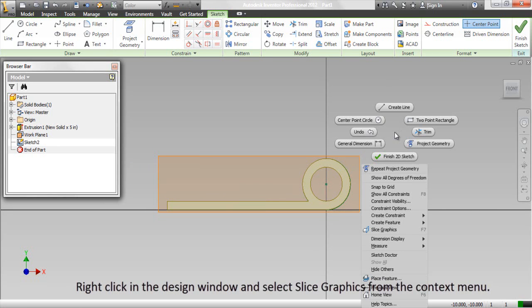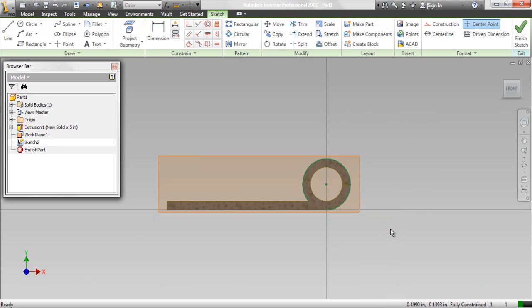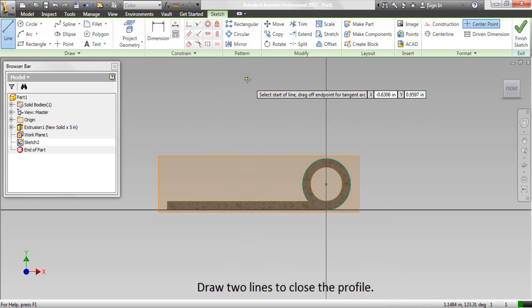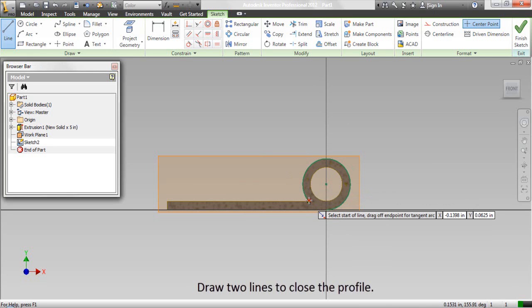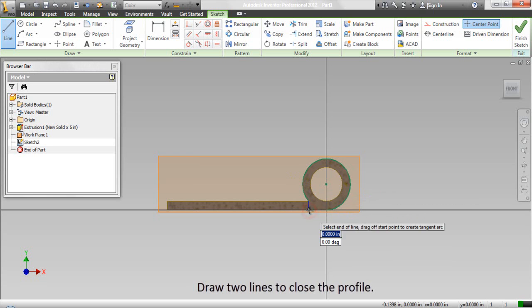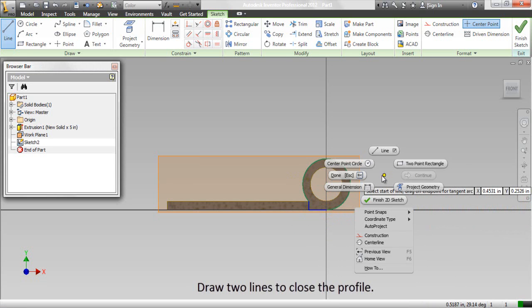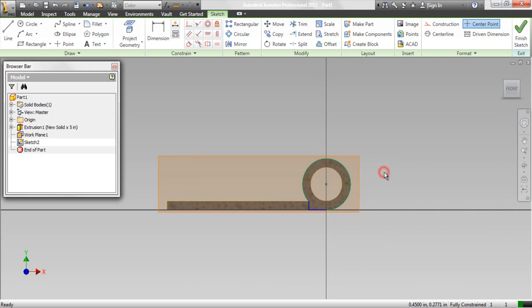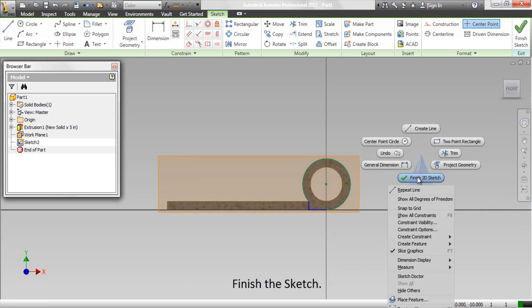Right-click in the design window and select Slice Graphics from the context menu. By doing so, hidden sketches behind the part will be seen clearly. Draw two lines to close the profile. Finish the sketch.